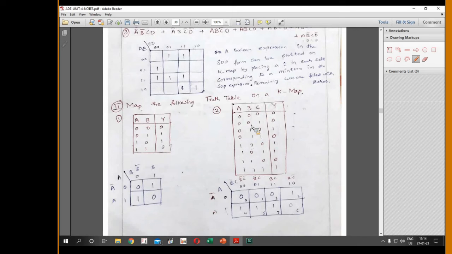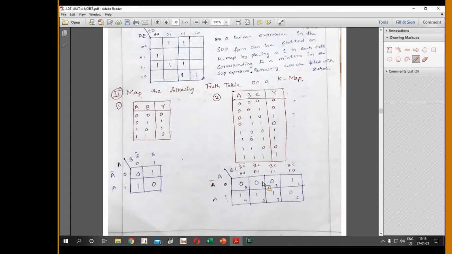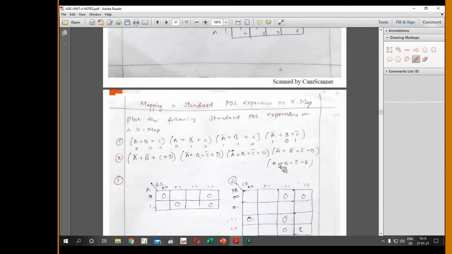Okay, now this is the truth table form of the representation of a function, and this is the representation of a function using the K-map method. Using the K-map method, we have placed your maxterms as well as your minterms. Now for 00 the function value is 0, hence we assign 0. The function value of minterm 1 is 0, so 0. This is the mapping of your function using the K-map method, and this is the representation of the function using the truth table form. Okay, two variable and three variable.